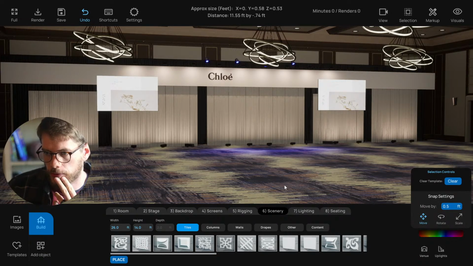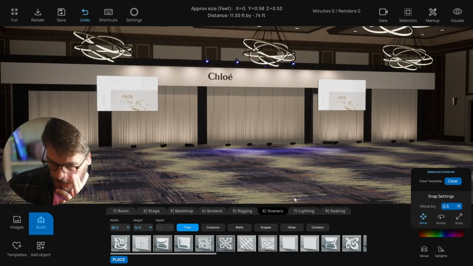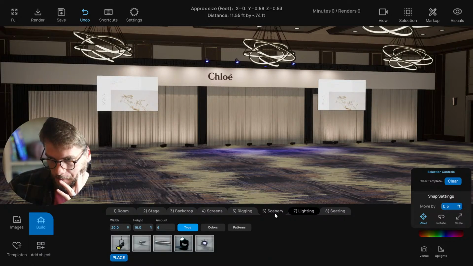Don't really want to do too much decor because that's going to be a little too busy. We could kind of do a mixture of like drape. So one thing that